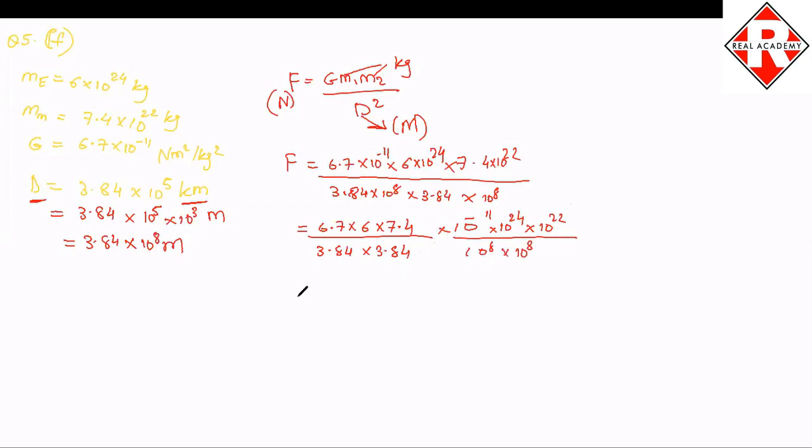Correct? If you solve this, guys, you'll have to be careful with this calculation. You'll have to practice a lot, right? So on solving this particular part, the final value that we get is